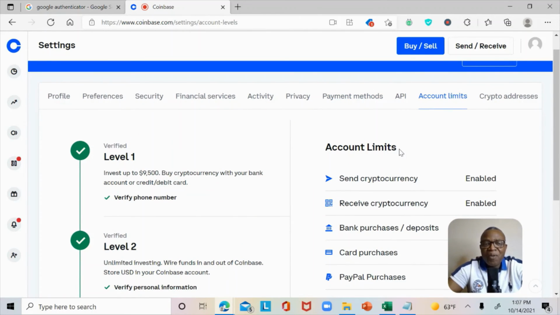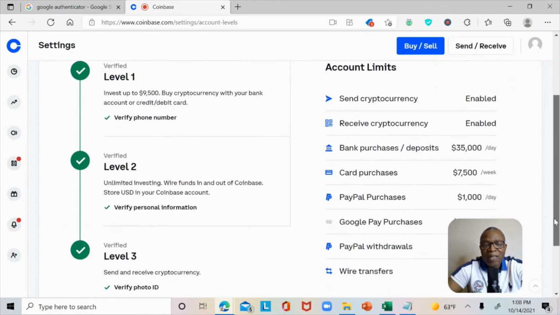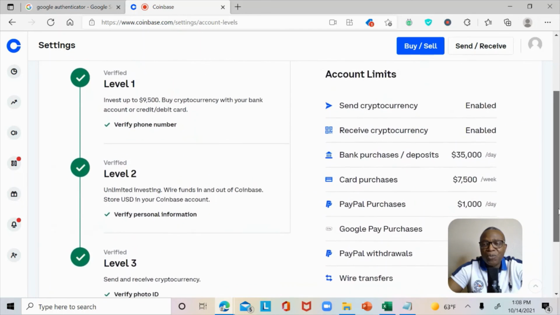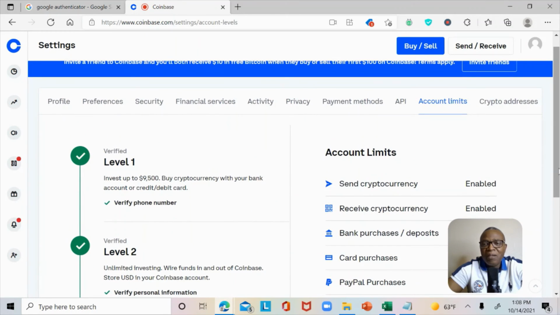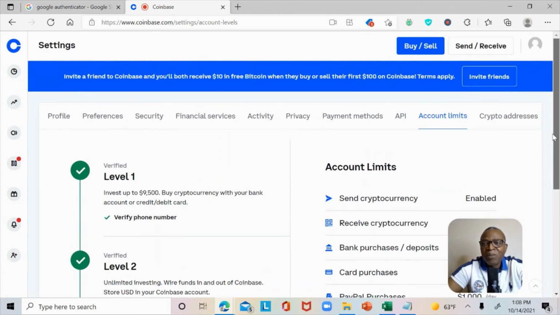If you don't have any verification done, you might not be able to send or receive cryptocurrencies, or your bank deposits might have some type of limit. Once everything is set up correctly, you should be able to do pretty much all needed activities on Coinbase.com. So this is how you can verify your account and set up security on your account.